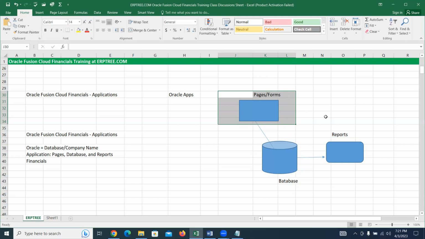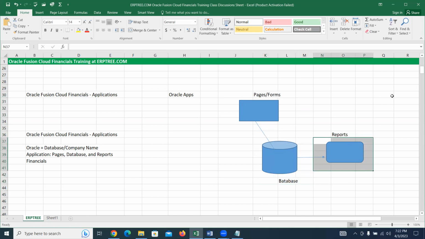You don't need to write any coding or programming. There are pages or forms that you can use. You can enter any data and it will get stored in the database. And if you want to generate reports, you can generate reports. By using the pages or forms, you can store the data into the database. To view the data, you can use the reports.